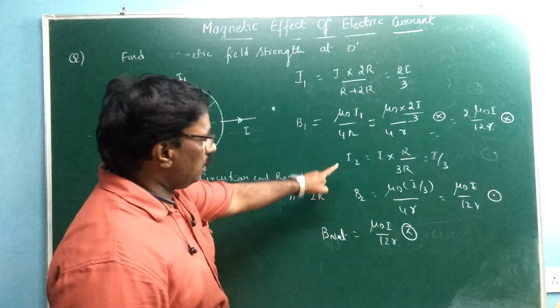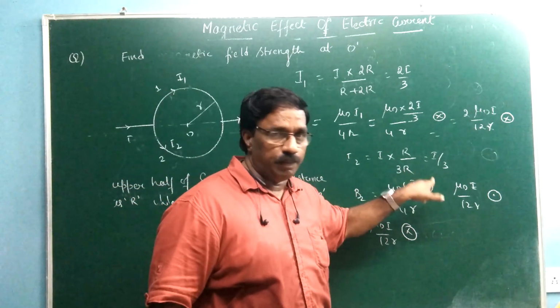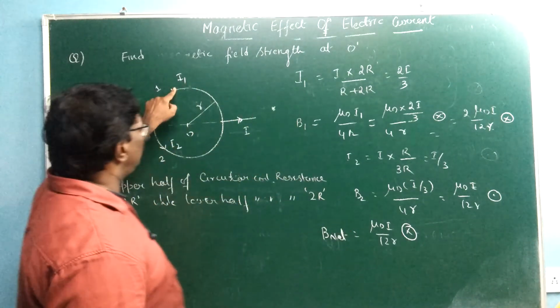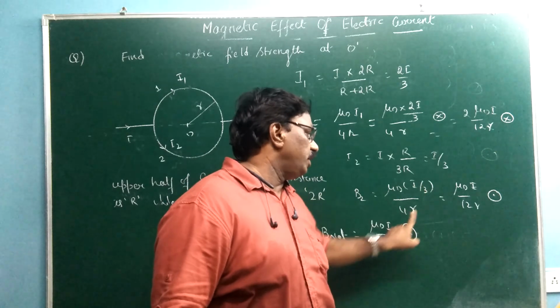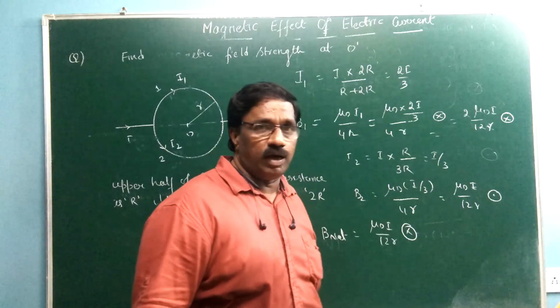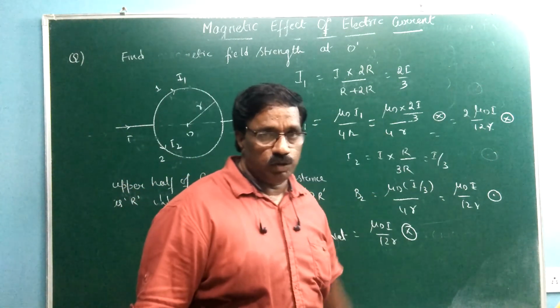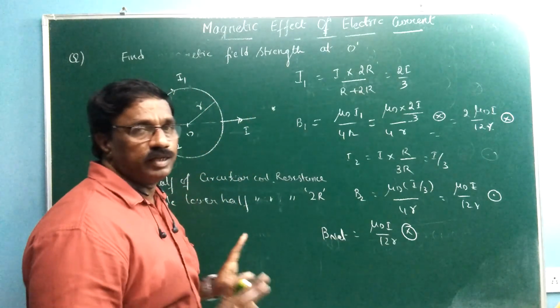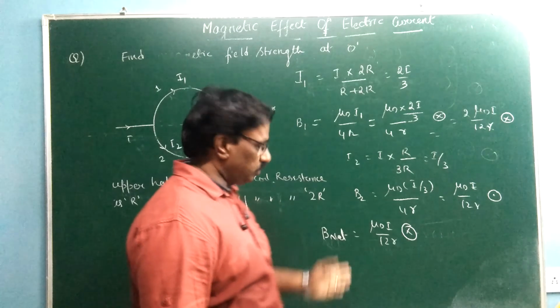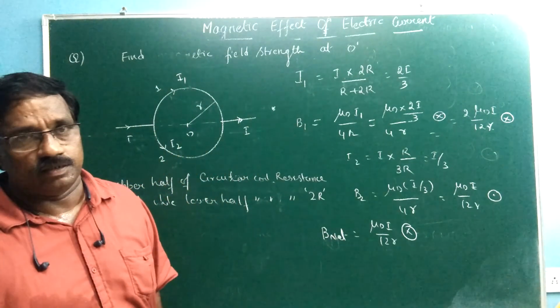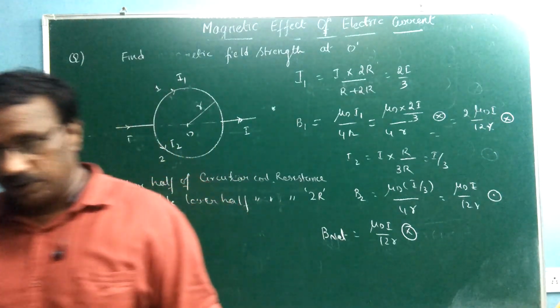Whereas for B2, first of all calculate I2. I2 is I by 3. In the earlier case each one was I by 2, but now it is I by 3. So B2 equals mu naught into I by 3 by 4R, mu naught I by 12R, but it is directed out. Now see which one is bigger and which one is smaller. Here 2 times mu naught I by 12R and here it is mu naught I by 12R. So subtract and give the resultant. This finishes, and the next video